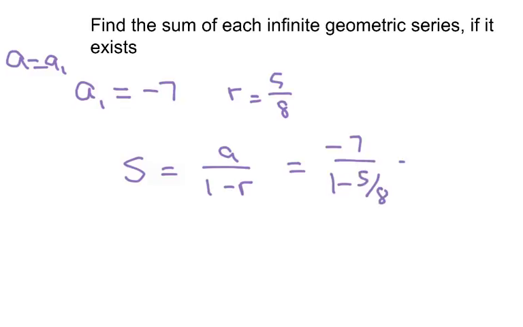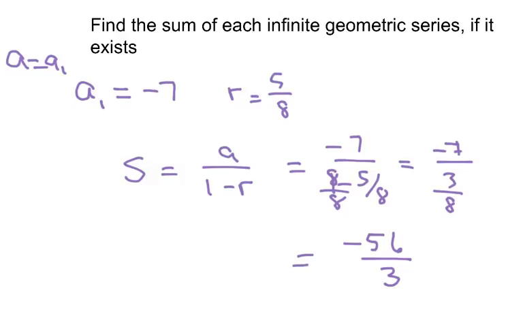I can change the 1 to 8 over 8, which gives 3/8, so it's -56 over 3, and you can just leave it like that,